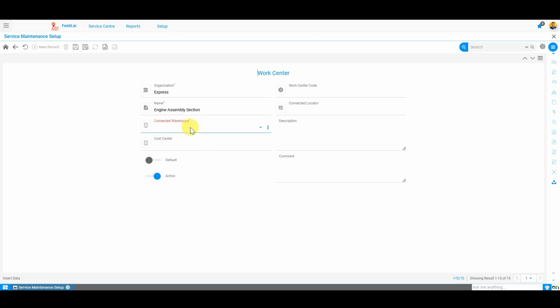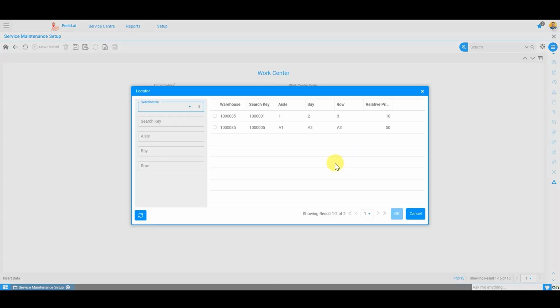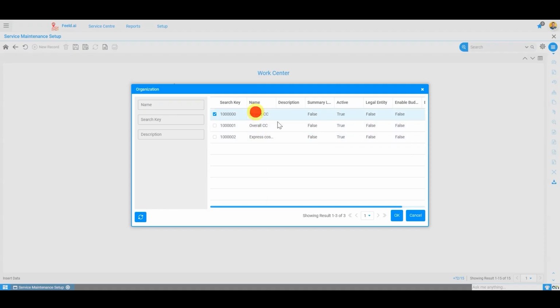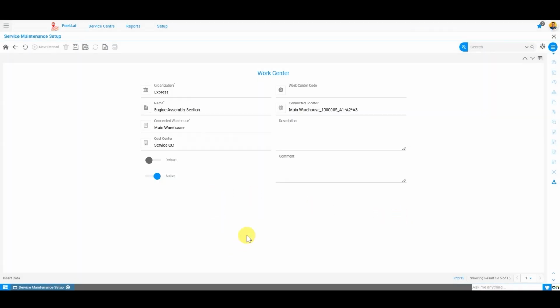We have to provide a warehouse also. Let's provide a main warehouse. The name we have to provide, and the code will be auto-generated. Organization we can pick, then a locator we can define, a connected locator here. Then cost center, we can provide it, or this is optional. This is not mandatory, but yes, if we are using the manufacturing module, it will become mandatory. In that case, we have to always select a cost center,